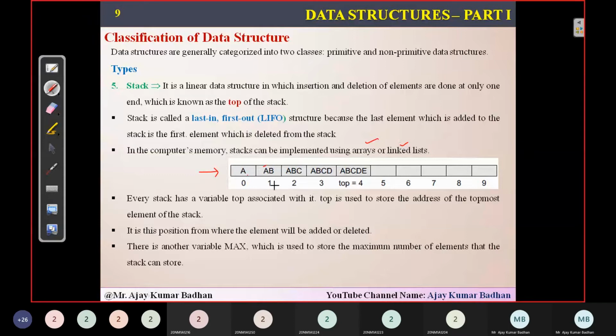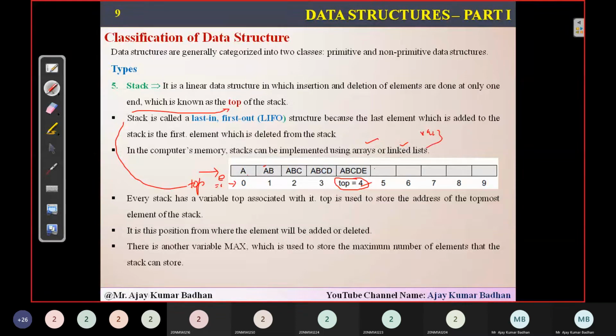Suppose top is equal to 0, 1, 2, 3, 4. So you can see here top. Right now the top is at this particular position 4 and it is the inserted value. If another value is coming, something like X, Y, Z, I want to add it. So X, Y, Z will come here and the top will be pointing to this particular value 5. And if another new element comes, it will be added here. And now the top is equal to 6, this way.